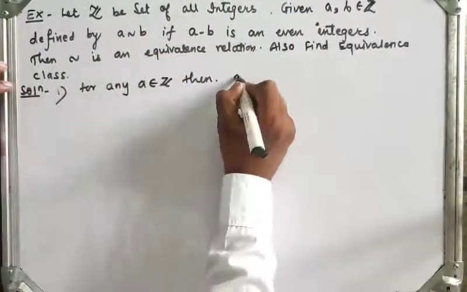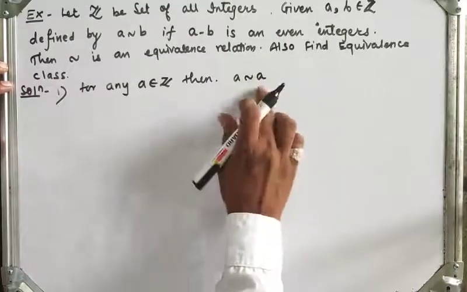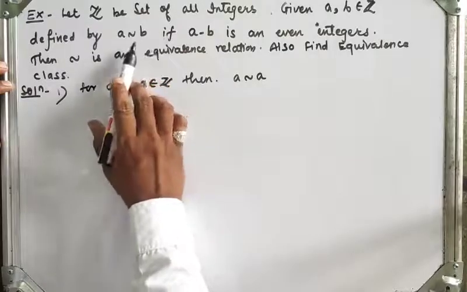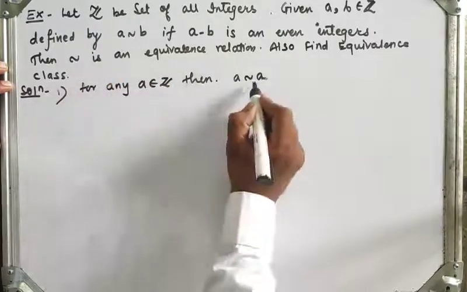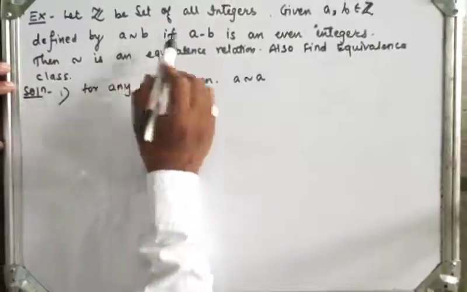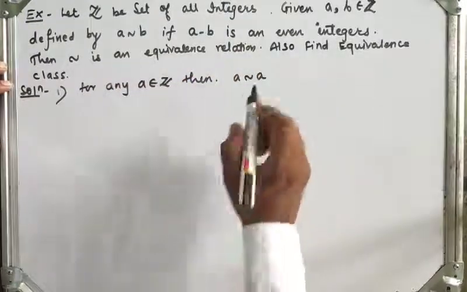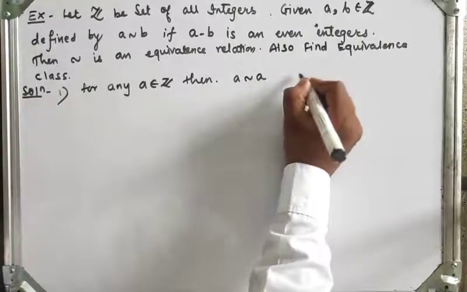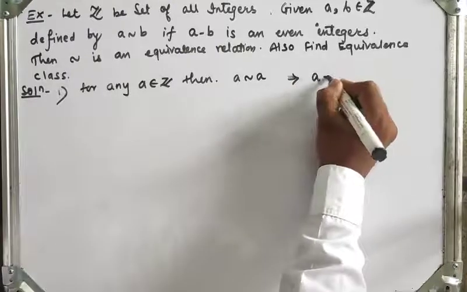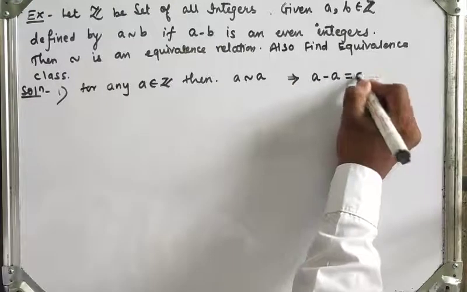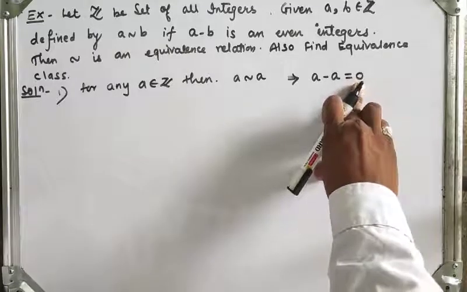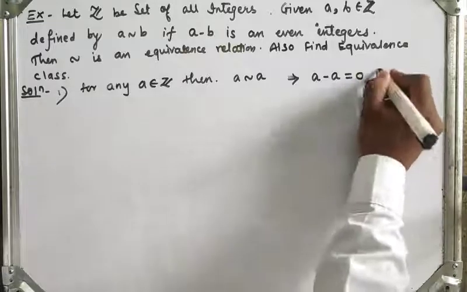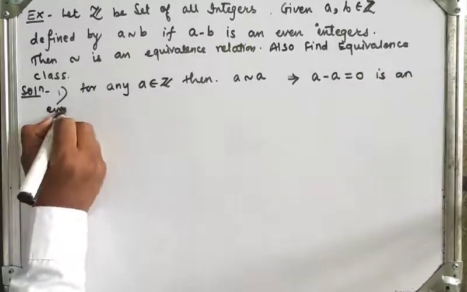Then what we have, A is equivalent to A. Because in a reflexive relation we have to take only a single element, we replace B by A, so A is equivalent to A, and A equivalent to B means A minus B is an even integer. So here A equivalent to A means what will I get, which implies that A minus A is equal to 0, and 0 is always an even integer, right? So A minus A is equal to 0, which is an even integer,